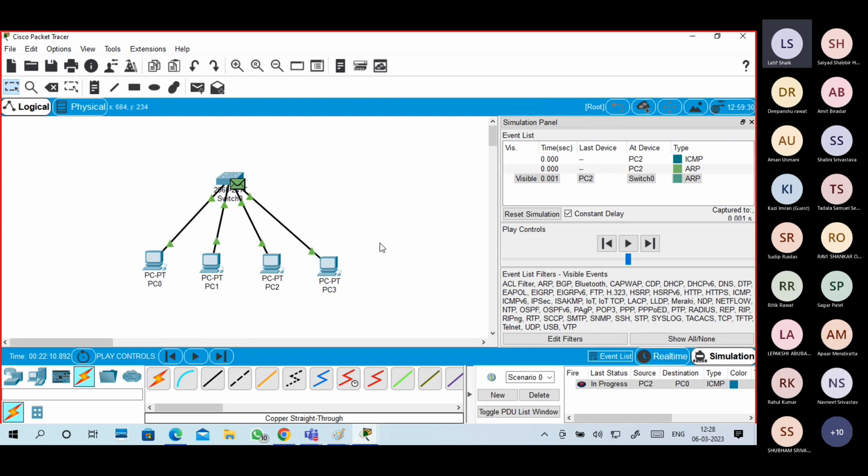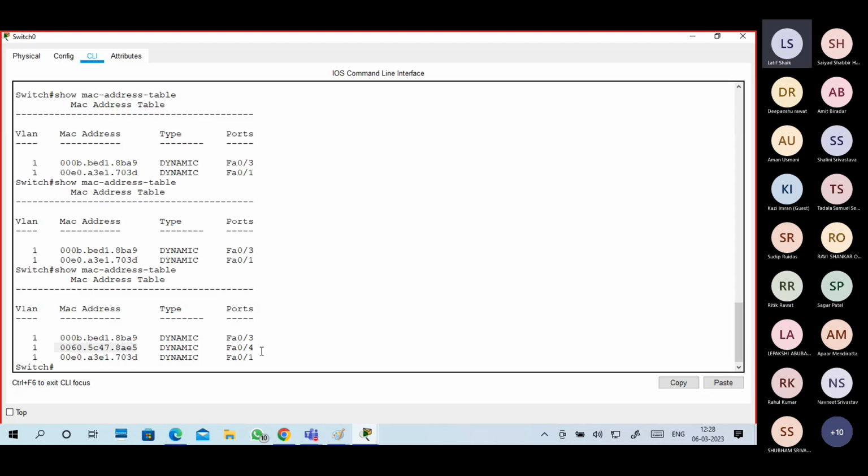So when you are sending a packet, your source MAC address is learned, right? It will map to your switch port number. It maps that switch port number and the MAC address of the connected device.